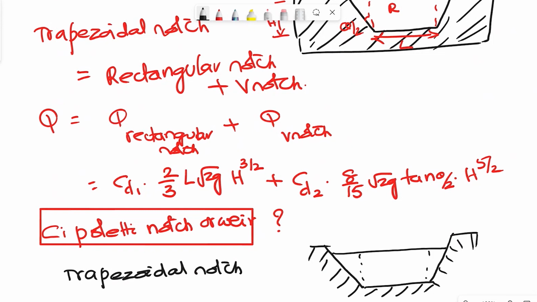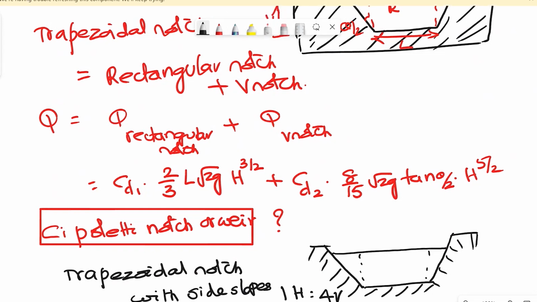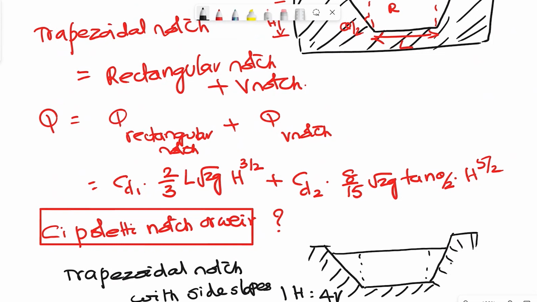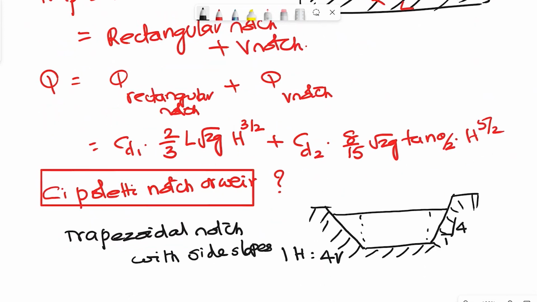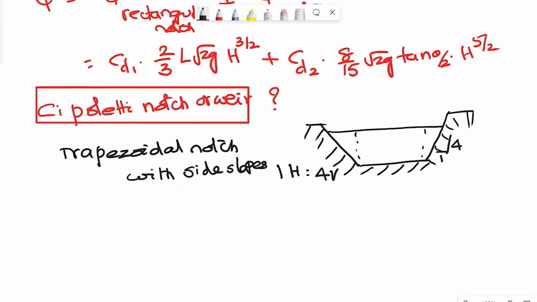It's a trapezoidal notch with side slopes of one horizontal to four vertical. That is the first thing. Here, if I take the side slope as one horizontal to four vertical, this is the Cipolletti notch actually. Remember, any trapezoidal notch with side slopes one horizontal to four vertical is what we call a Cipolletti notch or weir. The discharge over a Cipolletti notch